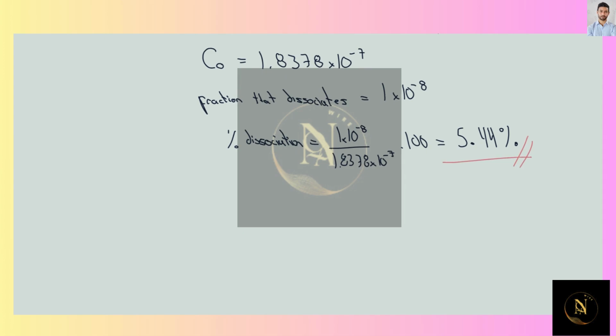So in this case, what we're going to have is that most of the species is going to be in the NH4 plus form, and 5.44% would be in the NH3 form. So 94.56% would be in the NH4